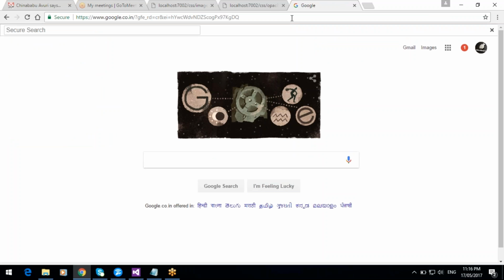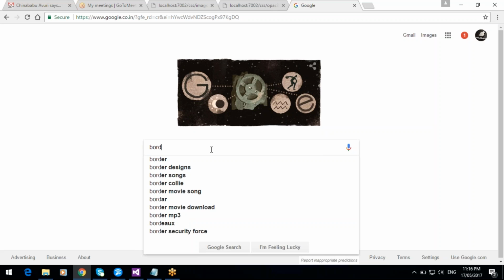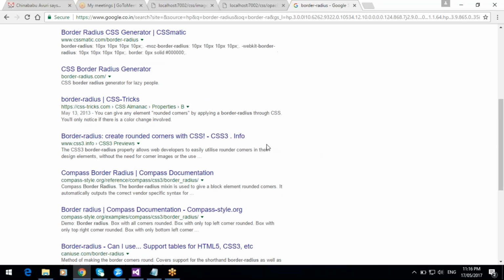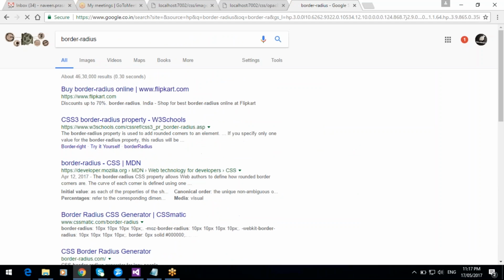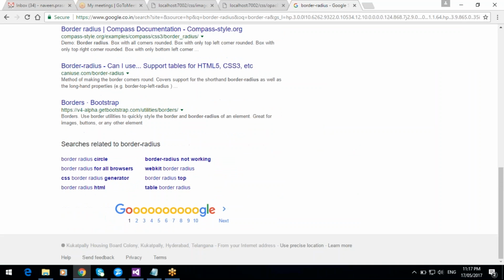So if you search for anything in Google, like border radius, the number of results will display here. The number of links in the bottom of the search. So page numbers will display here in Google. Okay, 1 2 3 4 up to 10 numbers,